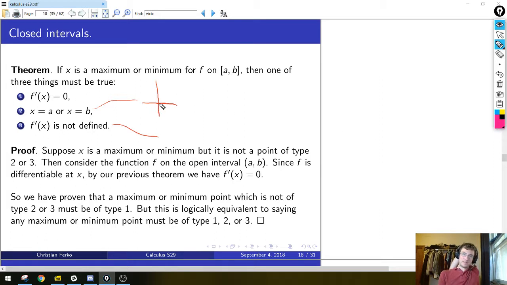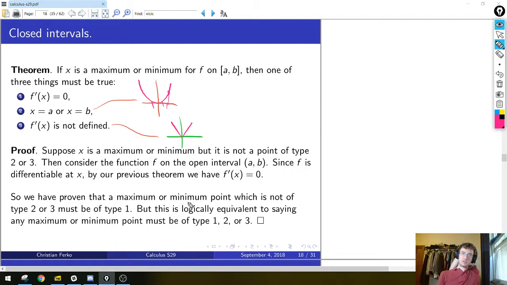Right? For instance, we considered the parabola on -1 to 2, and you told me that the maximum on that closed interval occurred at x equals 2. So that was a point of type 2, because that was one of the endpoints. That was the endpoint B. Then the second pathology, or bad thing, was the absolute value function. And again, you told me the minimum is at x equals 0, but the theorem doesn't work there, because